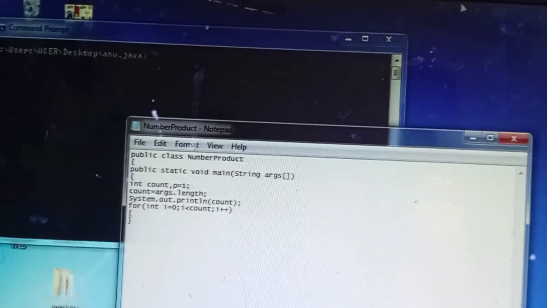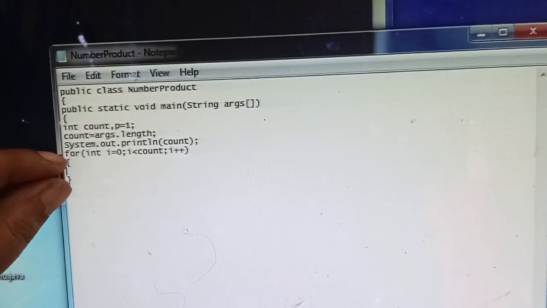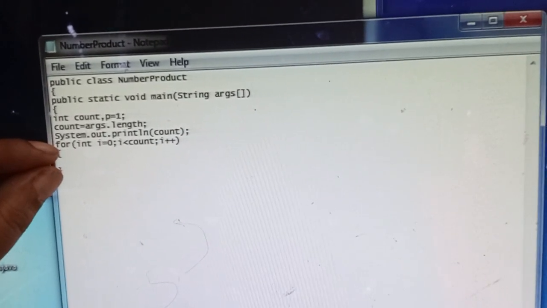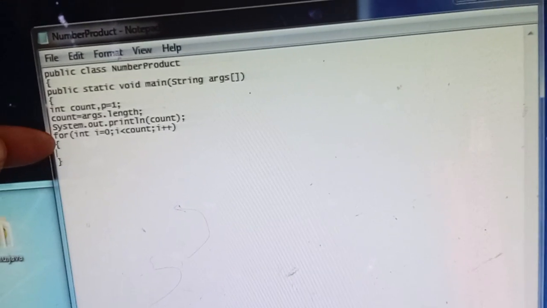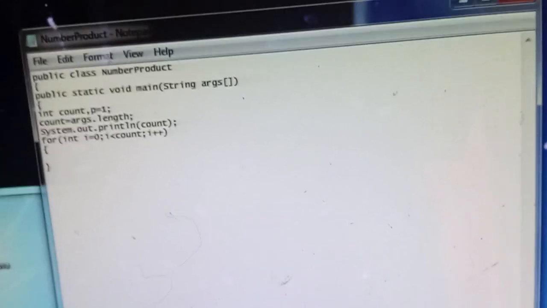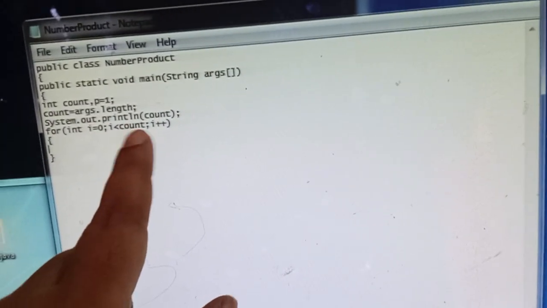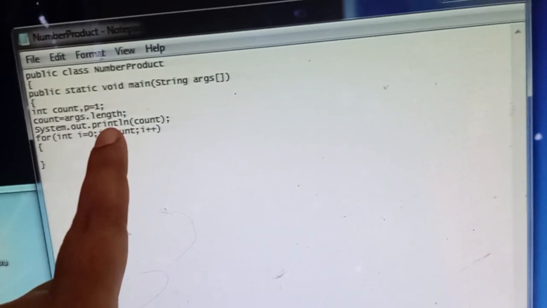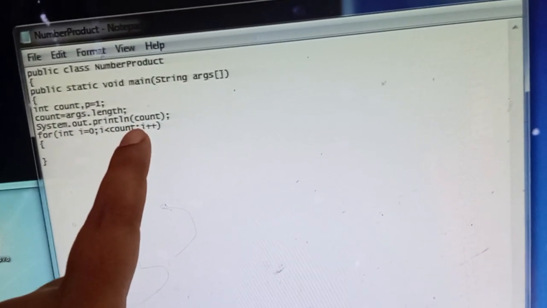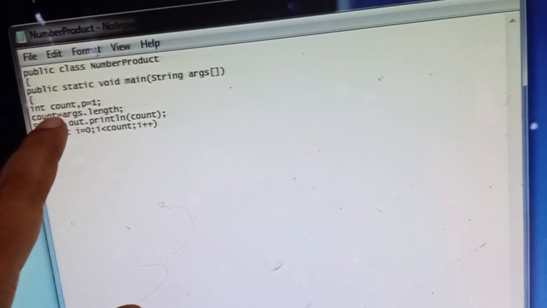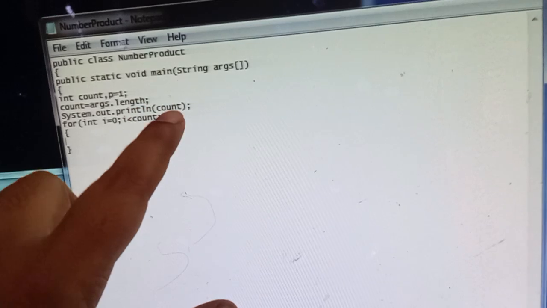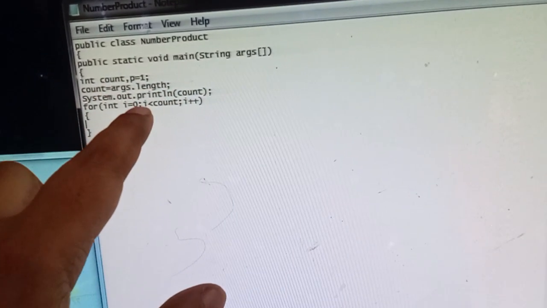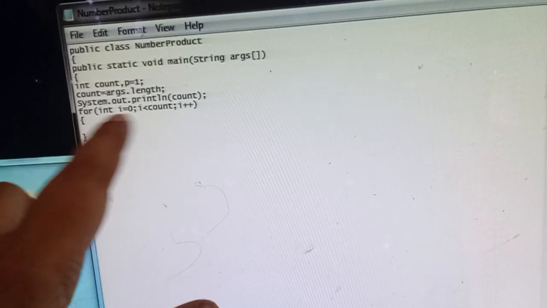Here a loop is nothing but repeating some particular Java statements which are written between these flower brackets. That will be repeatedly executed using this first statement. In this, initialization, checking the condition, and incrementing all come in one line, separated by semicolons, just as each statement of your Java programs is separated by a semicolon.